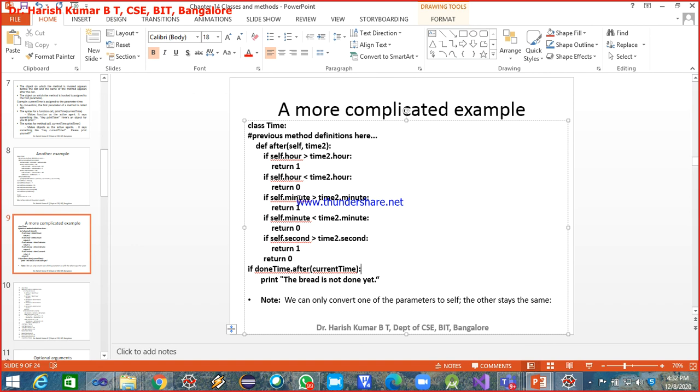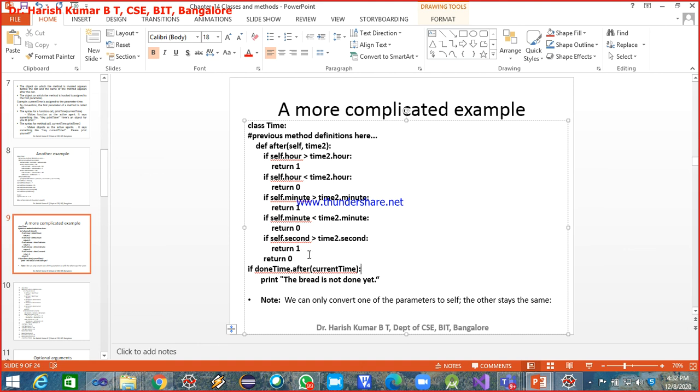I am basically checking whether the done time is bigger than the current time or not. If minutes is less than time 2 dot minutes and self seconds is greater than time 2 dot seconds, return 1.